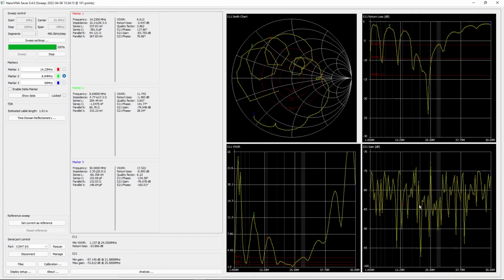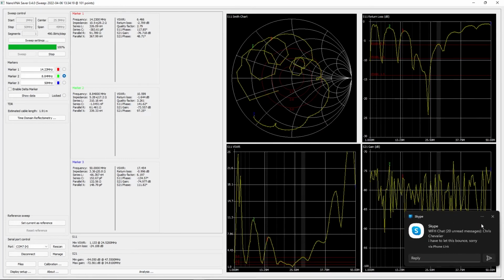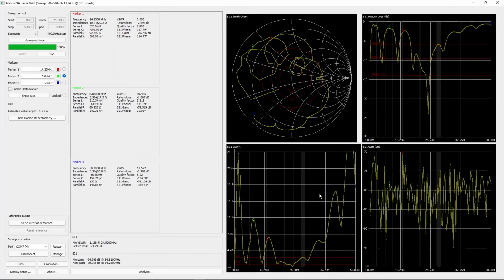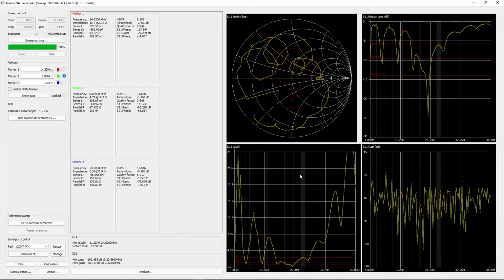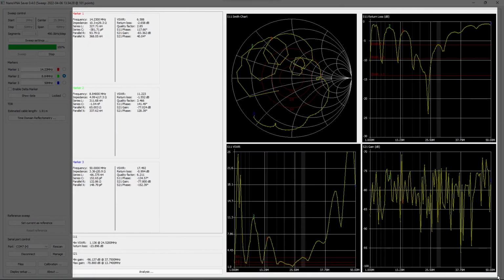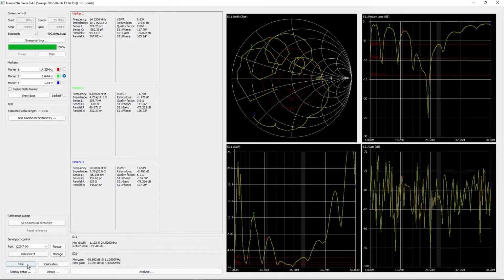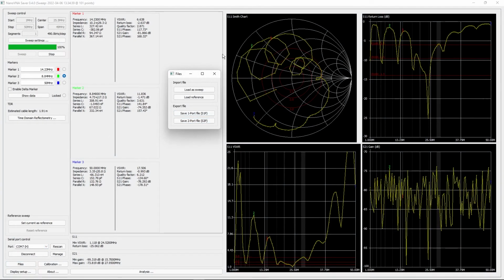And we've got pretty much all the information we need right here. If you want to share it with someone, you've got the option to take a screenshot. Just the standard Windows key plus Shift plus S will let you copy a screenshot of your choosing to your clipboard. You can also export these as files that you can load in the software later on and share